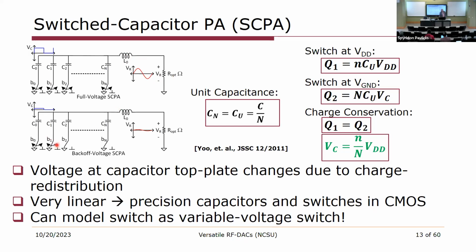But we can do this thing where we maybe ground some of the cells and switch some of the other cells at the RF rate. And here we get a charge redistribution. So when we switch the cells to VDD, so let's say we switch little n unit capacitors to VDD, at the instant that they're at VDD, the caps charge up to n times Cu times VDD. And then when we switch them back to ground, if they're big N total cells, we have a total charge that's equal to big N times the capacitance times